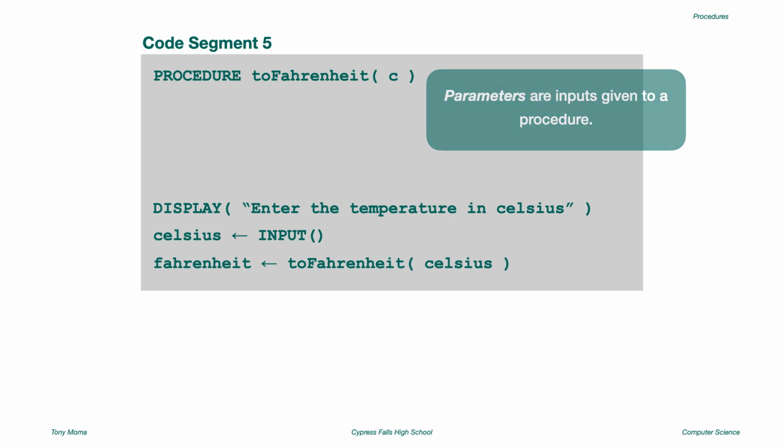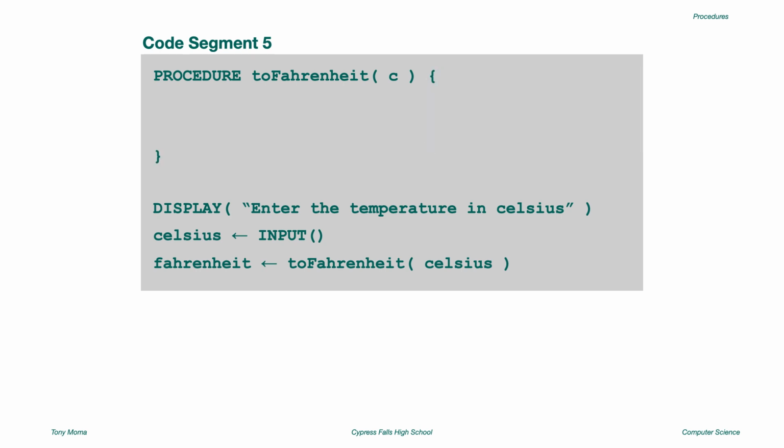What is a parameter? Parameters are inputs given to a procedure. A procedure can receive 1 parameter, 2 parameters, 3 parameters, any number of parameters. But in the case of toFahrenheit, we only need 1 parameter, a number, the Celsius temperature that we want to convert to Fahrenheit. Then, inside a pair of curly brackets, we're going to define what we want done to